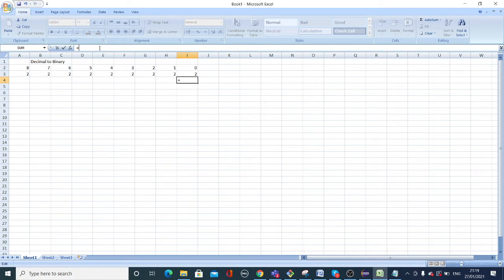Yes, I am putting this power symbol. 2 power 0 equals 1. 2 power 1 equals 2, 2 power 2 equals 4, 2 power 3 equals 8, 2 power 4 equals 16, 2 power 5 equals 32.